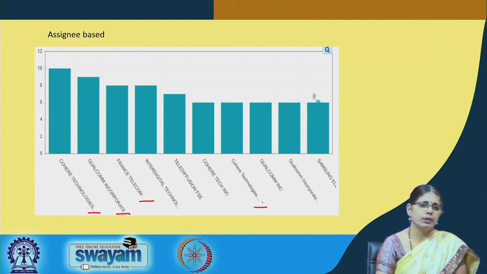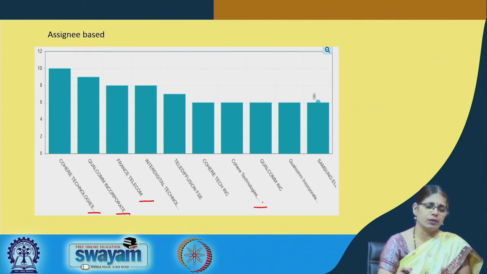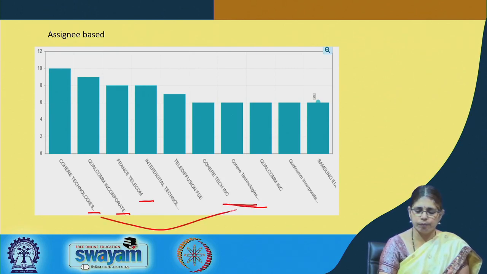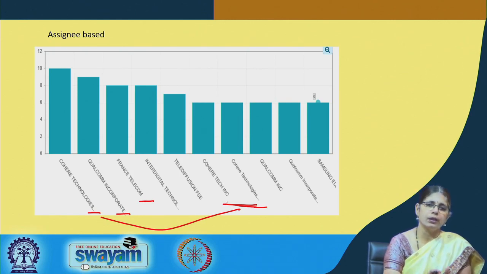What normally one should do is download this data into an Excel sheet and then pool the data in relation to all these, which are essentially one and the same. So, then you can actually refine this graph into a specific one with the relevant assignees. Subscribe databases provide us what we call the assignee list.